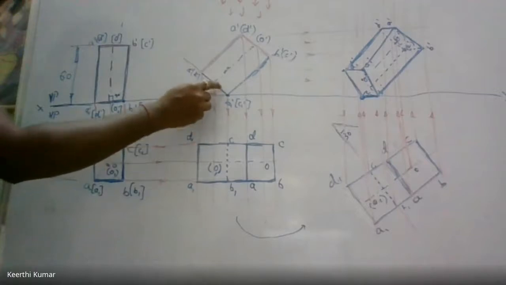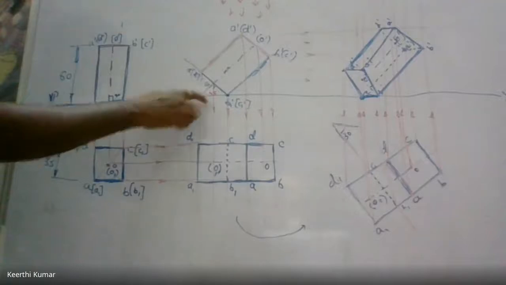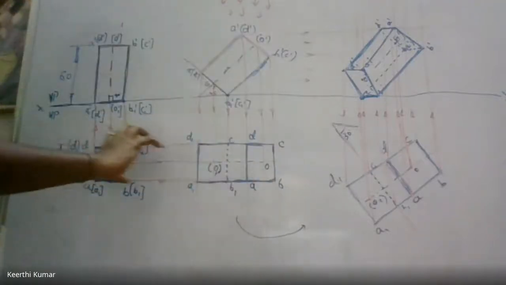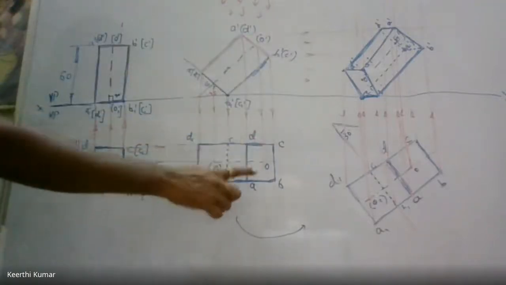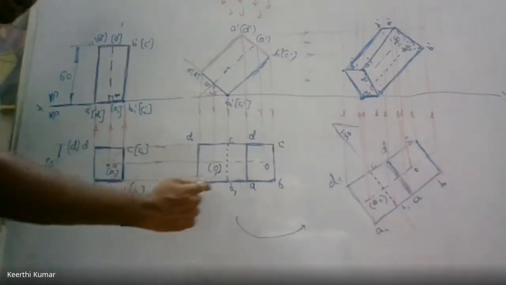Don't show this 90 minus given. That is only for your reference. Show this 45. Take the vertical projection, horizontal projection. Connect with the points. Complete the points, naming. Then connect the outermost points.